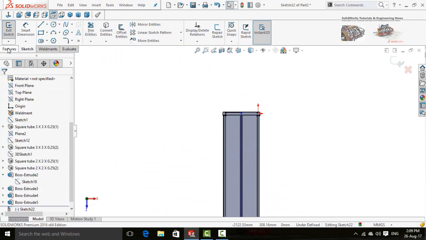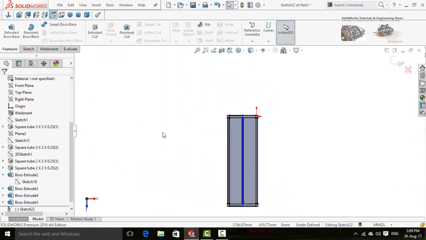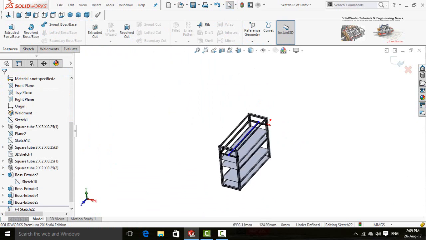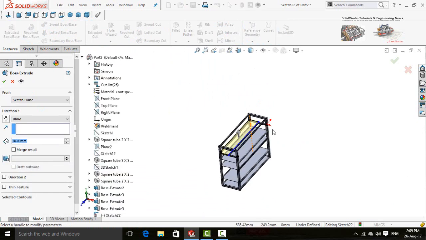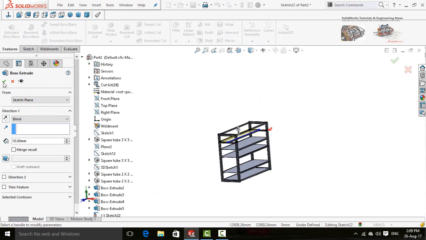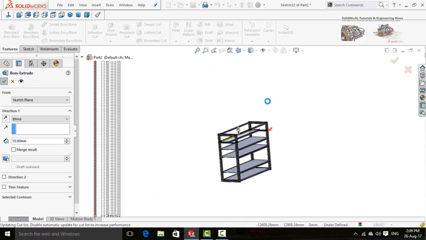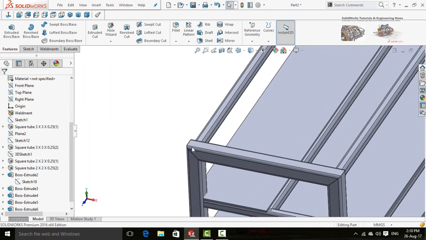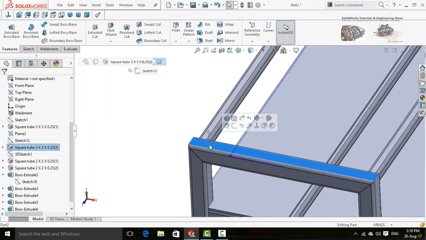Press OK button and then in the features tab click on extruded boss base command. Now press OK button. The same process for these shelves is repeated for this shelf.